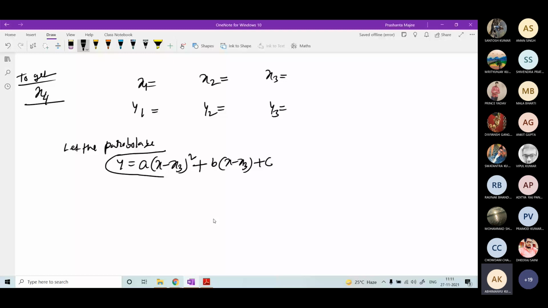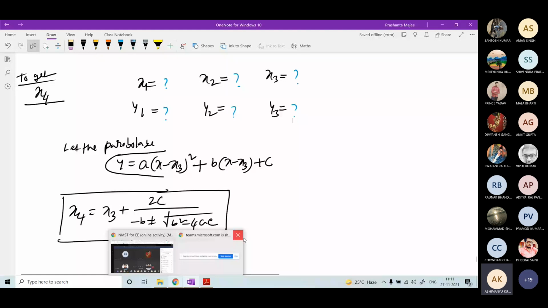Now let's check. After the first iteration, it will not be very close because it will depend on the initial guesses, but after 3 or 4 iterations, it will be very close. This method has almost second order of convergence. Why almost? This is not exactly 2. The derivation is very difficult and the order of convergence for this method is very complicated. So that is why it has not been included in the syllabus. But although it is almost second order, it is almost 2, like the Newton-Raphson method.